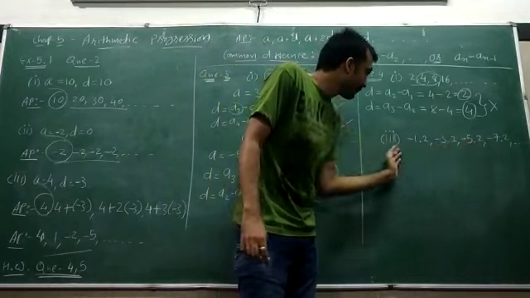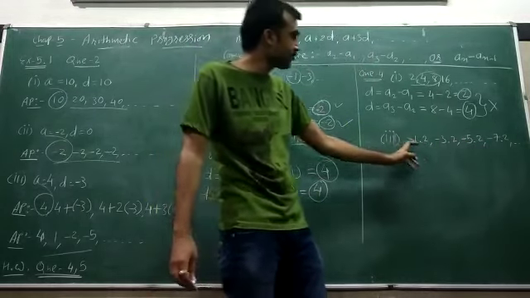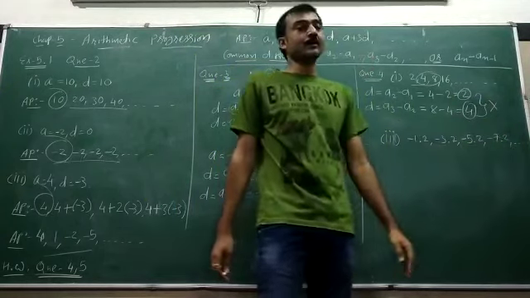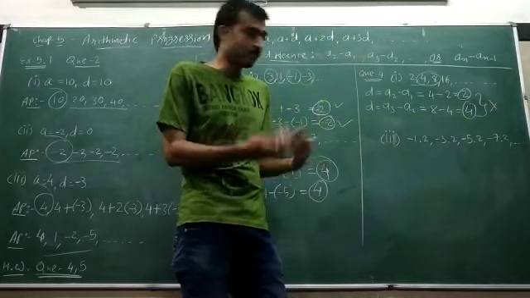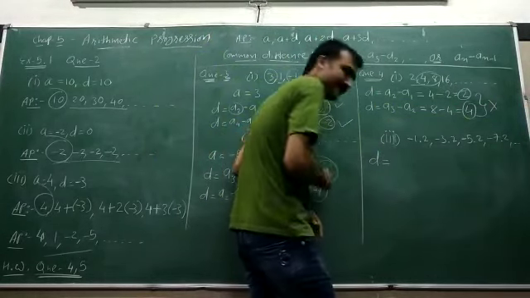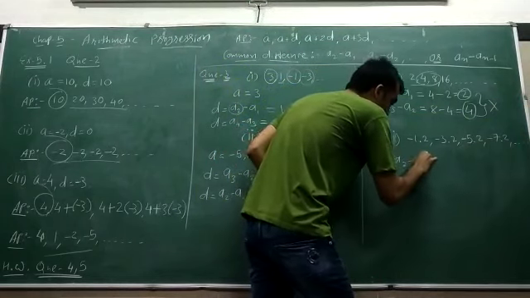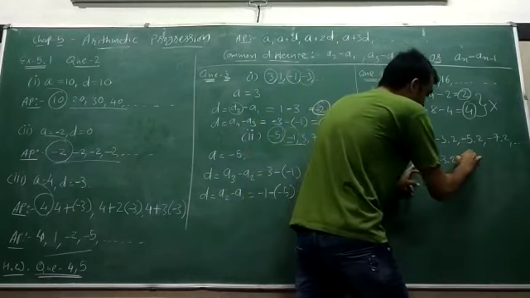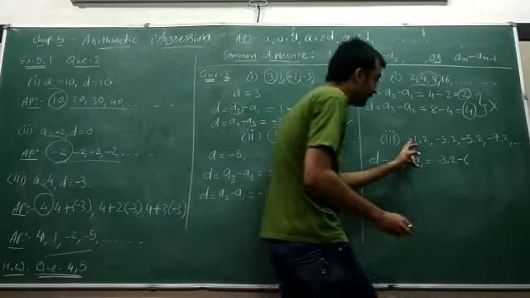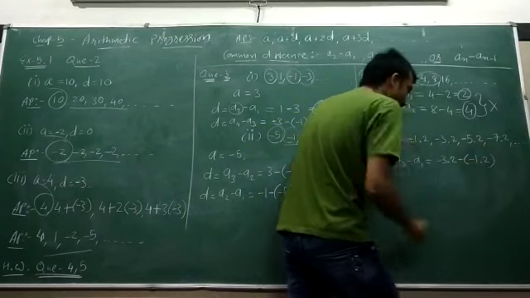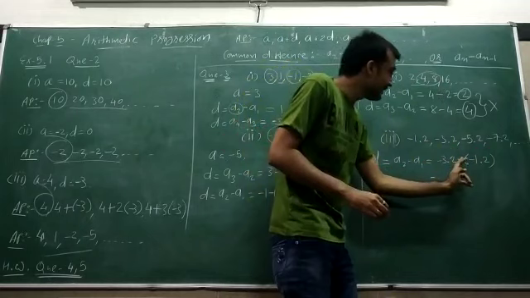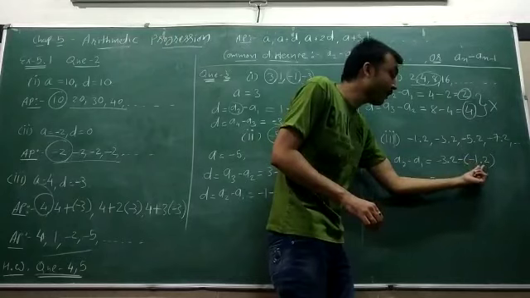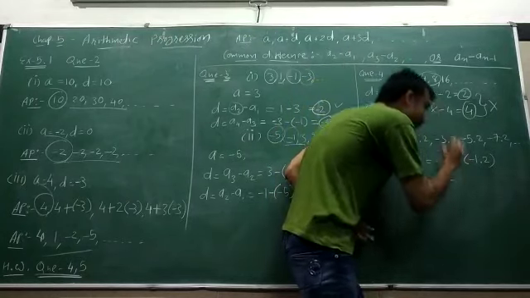Let's check this one. Okay, question number 3, which is -1.2, -3.2, -5.2 and -7.2 and so on. Let's check whether the common differences are same or not. So let's find out the common difference. D is equal to A2 minus A1. Second term, -3.2 minus A1. A1 is also -1.2. What will we get? See, minus plus, so that will be minus 3.2 plus 1.2. So it will give us minus 2.